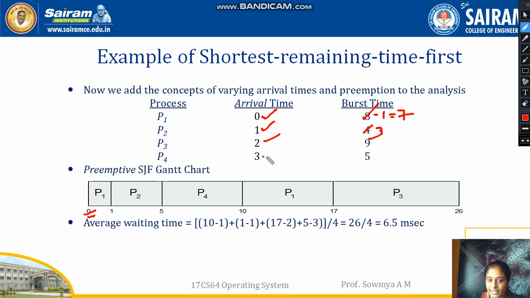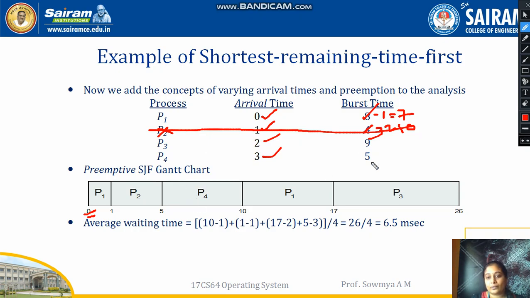At the 3rd second, P2's 3 seconds go to 2 seconds. Now compare 9 and 5 with 2. So P2 has to execute its complete 4 seconds. P2 executes down through 3, 2, 1 and 0. So P2 has completely executed its burst time. Next compare 7, 9 and 5. Which is shorter? 5. So allocate it to P4.